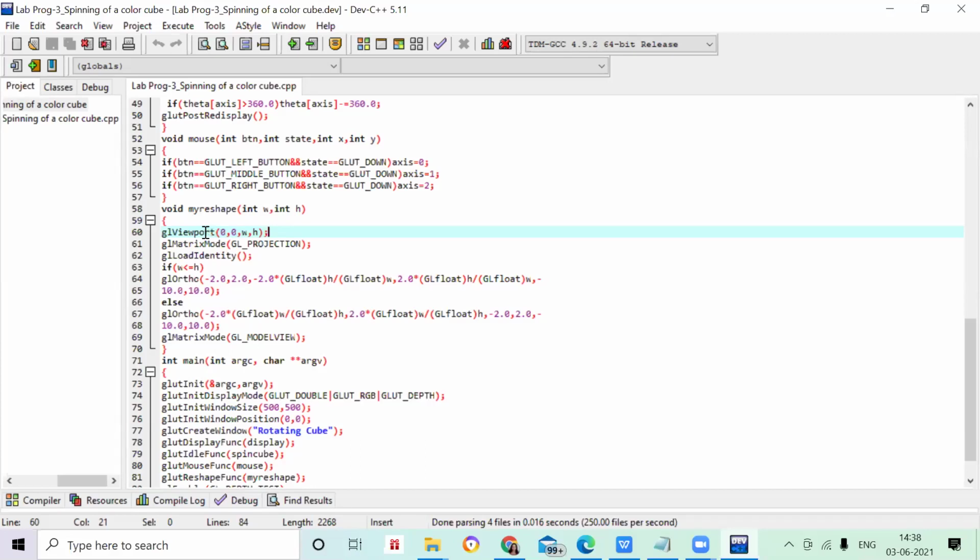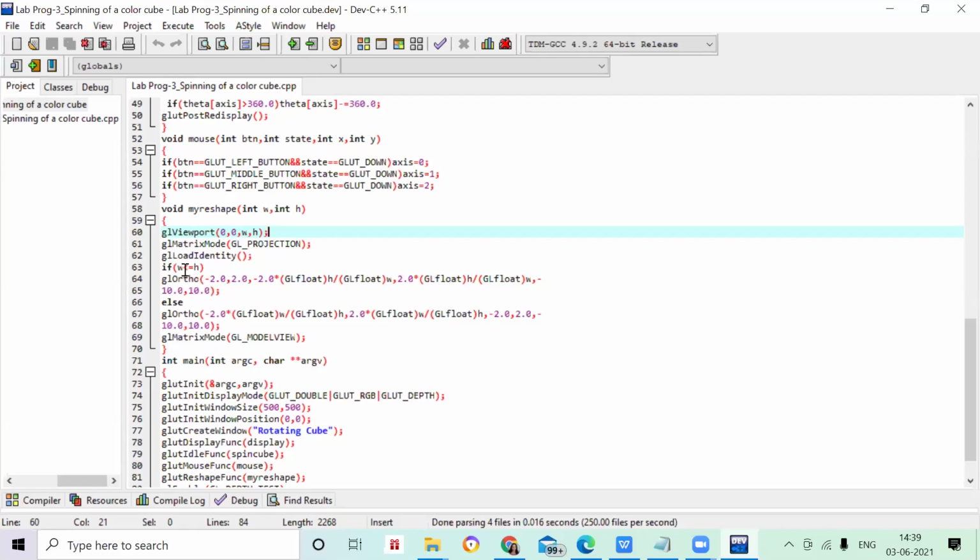So for that, I have to apply the viewport. My viewport always carries x-axis, y-axis, width, and height. Okay. So here I have passed through my matrix mode, GL_PROJECTION, and I made all the matrix values identical. That's why I have used glLoadIdentity. So my matrix will be 1.